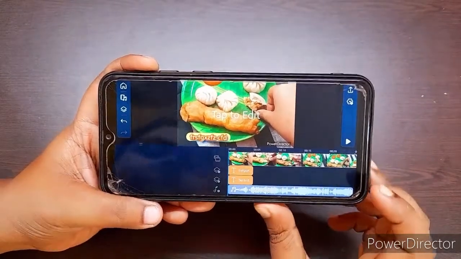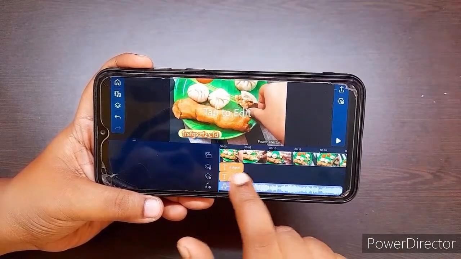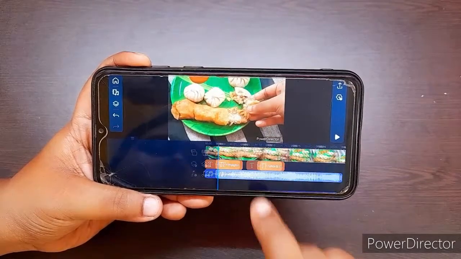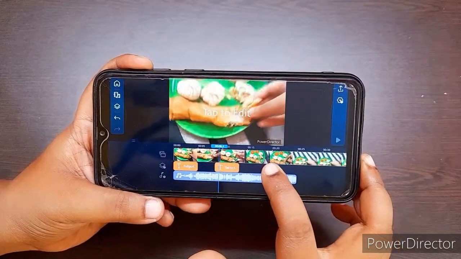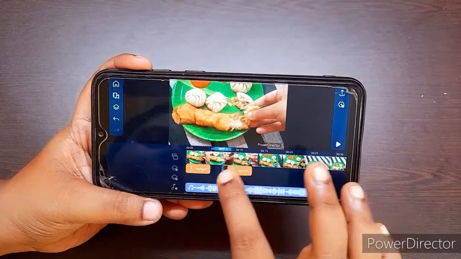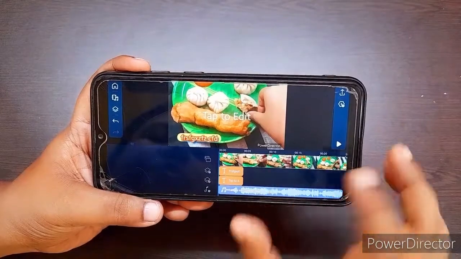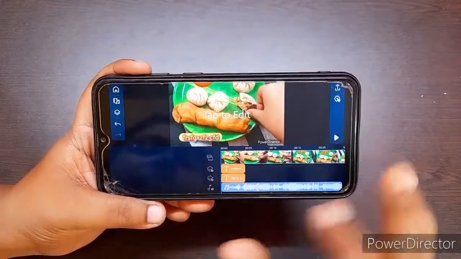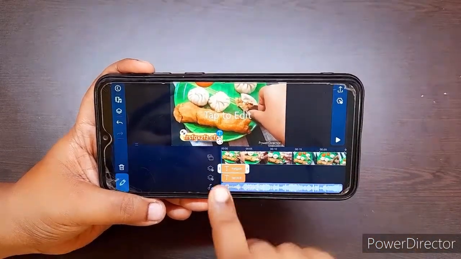So you can see now how I have done. If you take this to here, you will see first this came, next after some time this will come, and if you are choosing below this, both the writings will come at the same time. Okay, so that's all. I am choosing the first one.